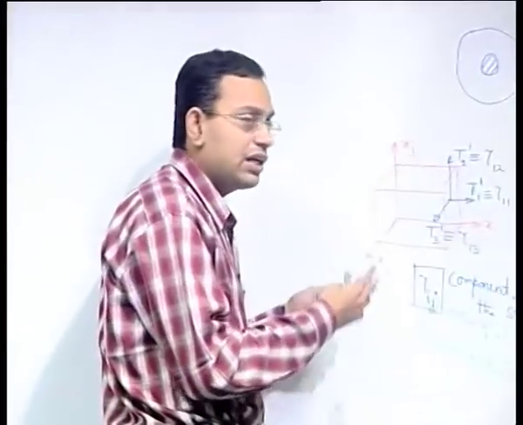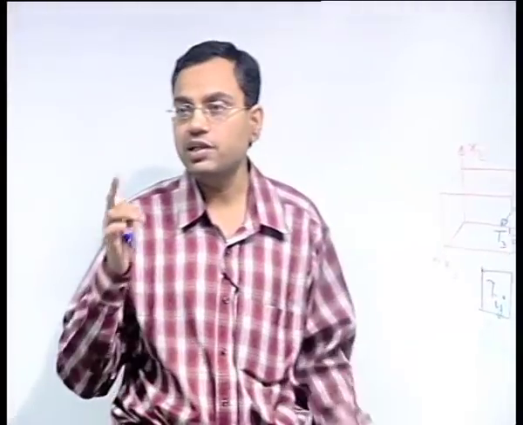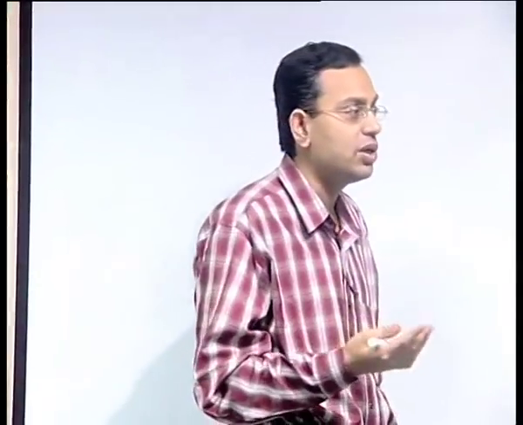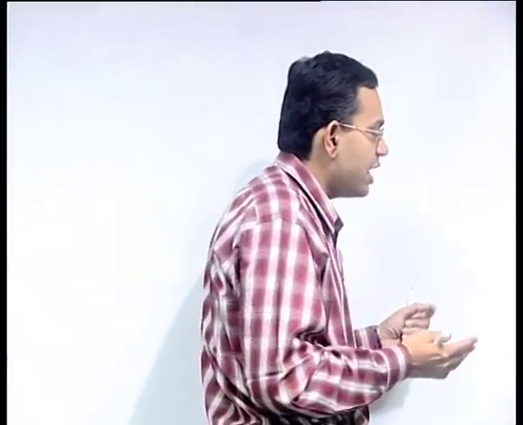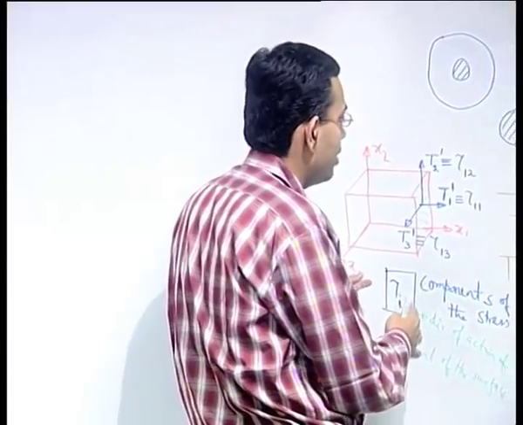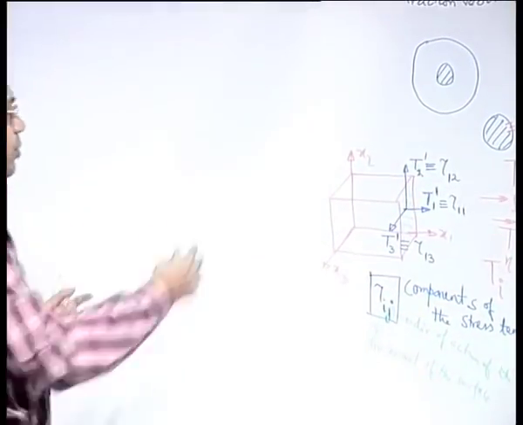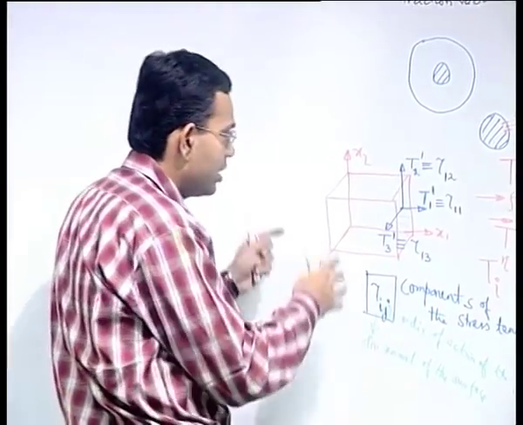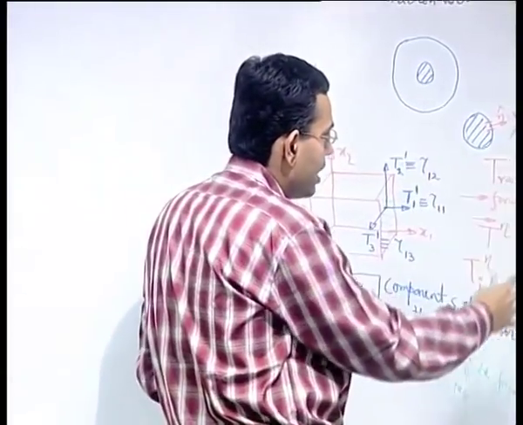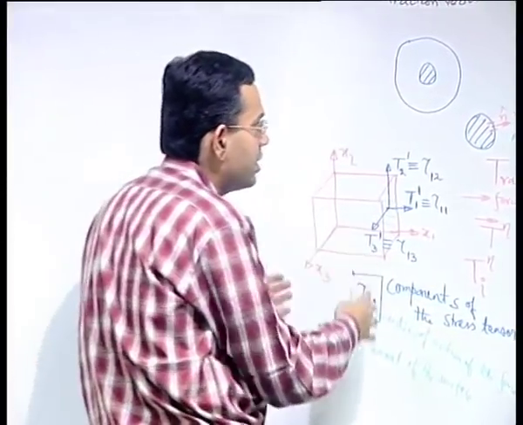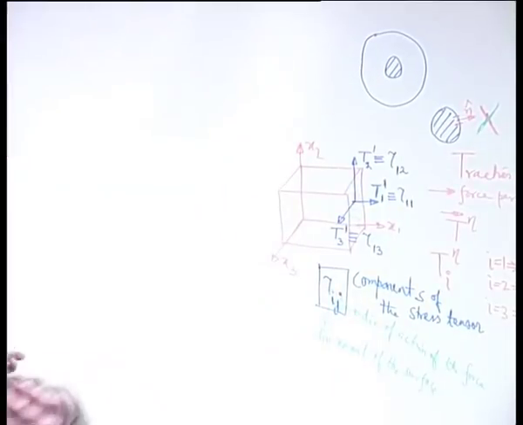In that way, a vector is a first order tensor because it requires only one index for its specification. Scalar is a tensor of order 0 because it requires no index for its specification. Of course, there are more interesting properties of a second order tensor, and while deriving the momentum equation we will come across one such interesting property. But this helps us to recapitulate and familiarize ourselves with the tau ij notation, which we will be following for subsequent derivations.